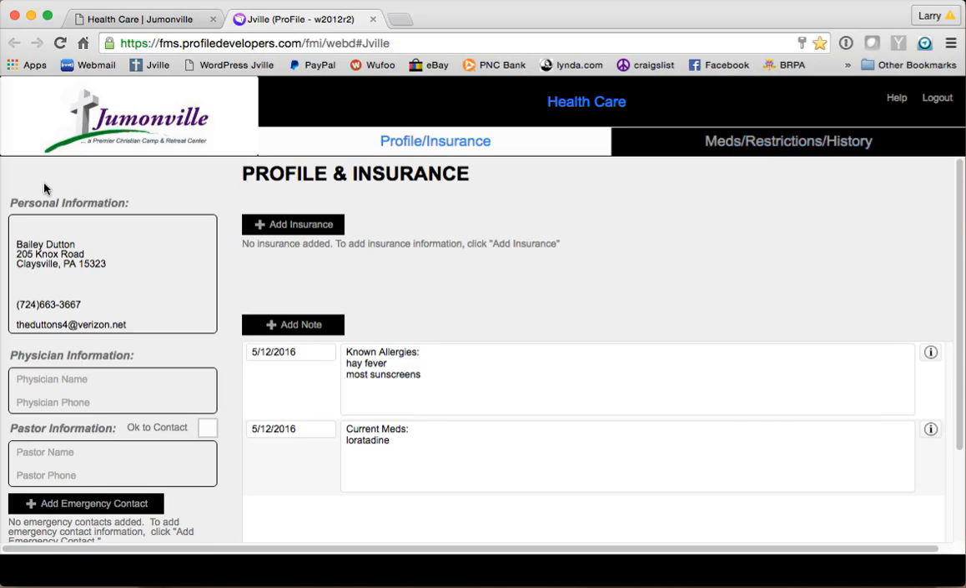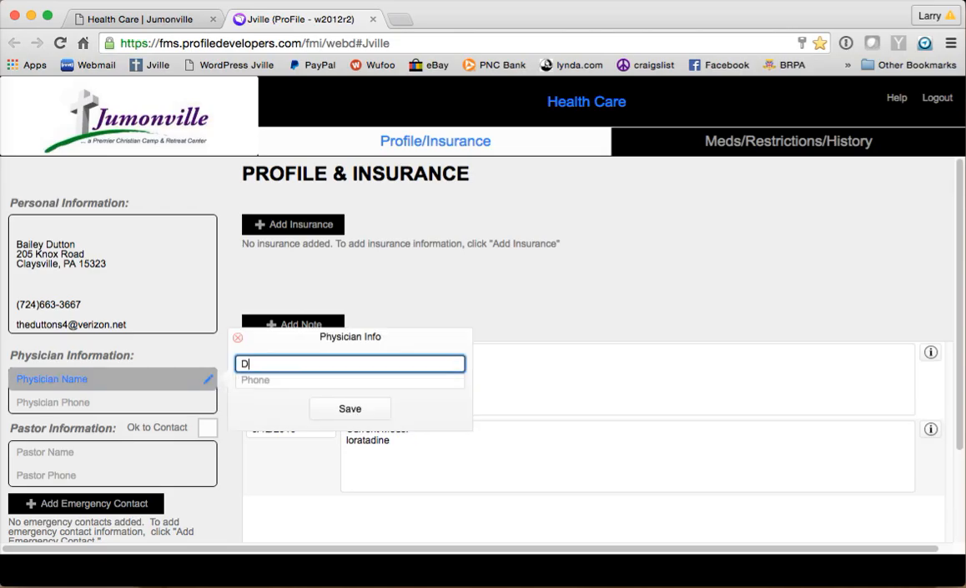You'll find on this side is your personal information, and the personal information cannot be changed. That's information coming from our records at Jumonville. But when you get into the physician's name, if you don't have your physician, or if the physician that's listed is the wrong physician, you can simply click on the edit, add in your physician's name, add in the phone number,